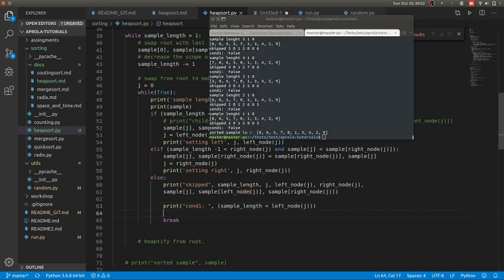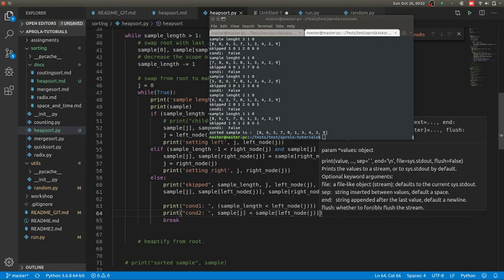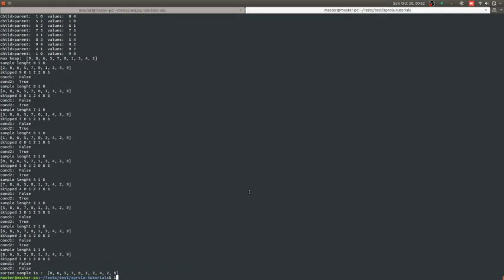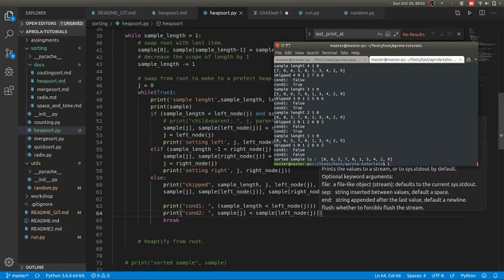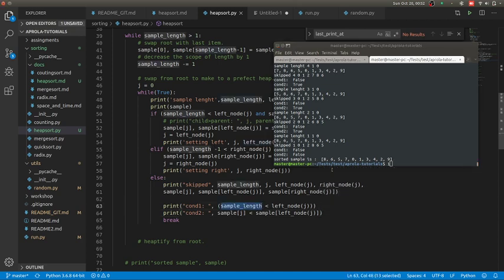We'll make it 2 print statements. So always the second condition is true. I mean it says swap, but the first condition is false. First condition in the loop, sample left less than